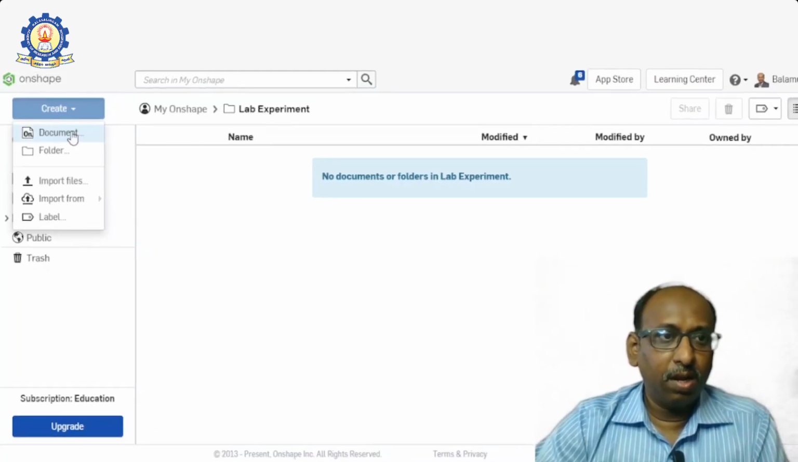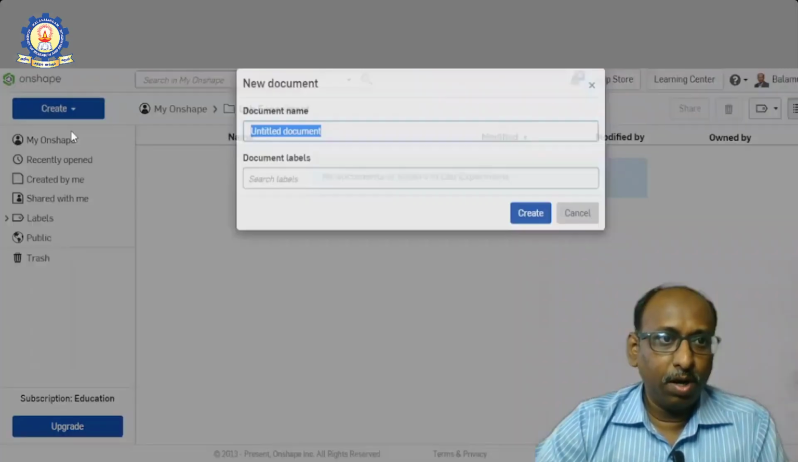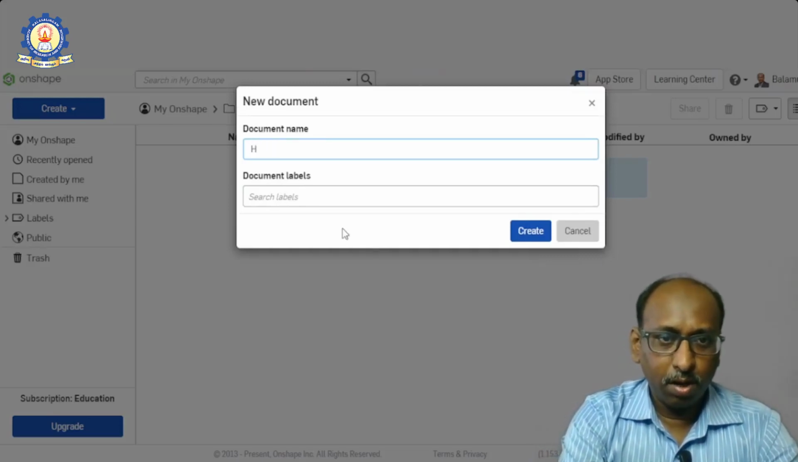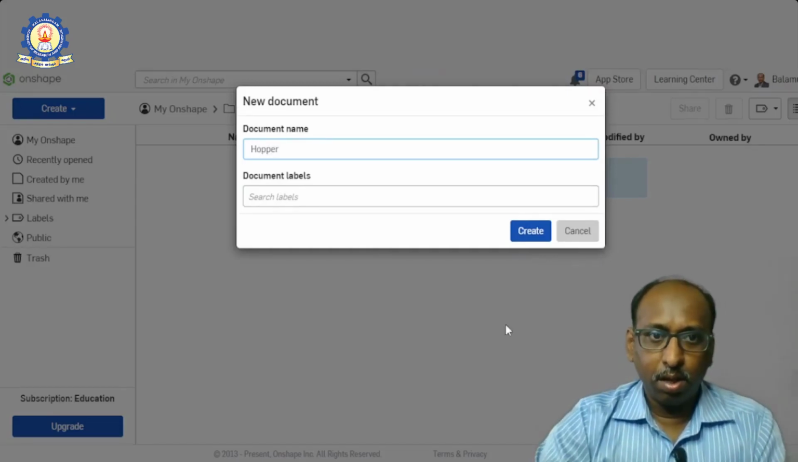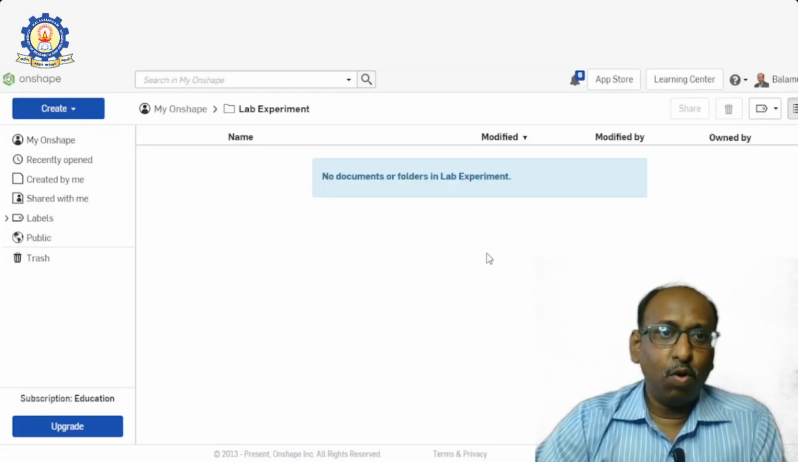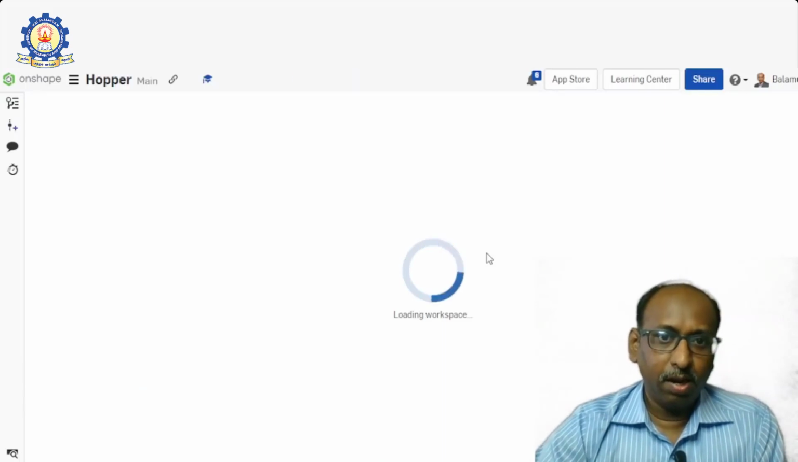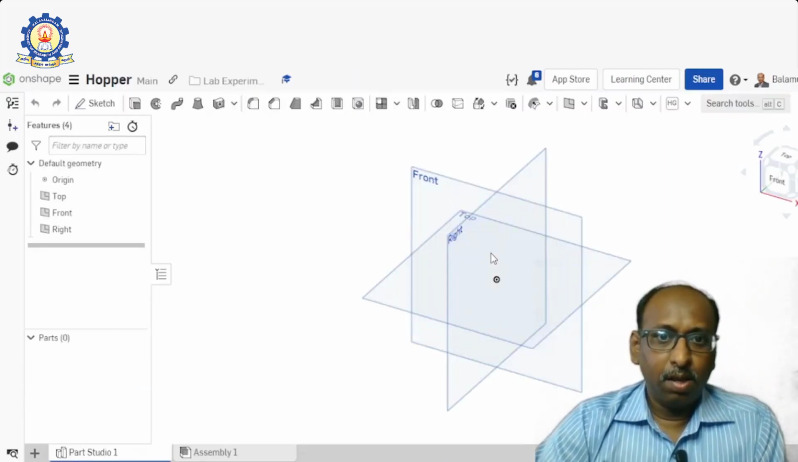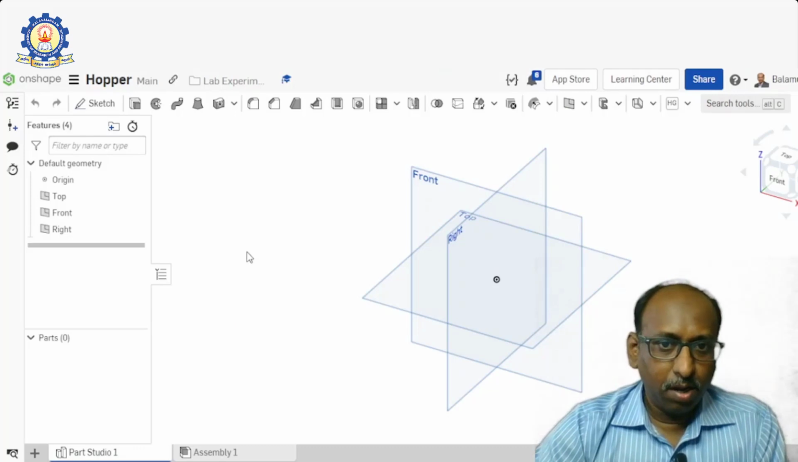Click on create and select a new document. Rename the document as hopper. Click create. It will open a new document file. In this, first let us create a 3D model of it, then we will create a sheet metal model from that. Click on a top plane,